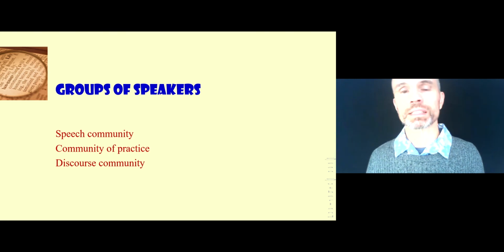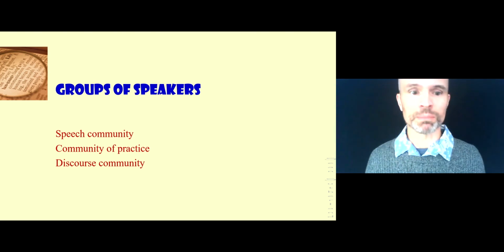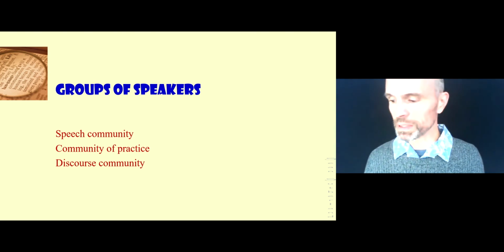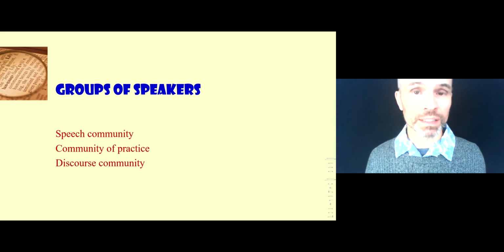As you know from your specific reading for this week, there are various terms that are used to name groups of people according to certain characteristics, as you see here on the screen: speech community, community of practice, and discourse community. Let's summarize these briefly, but of course you'll want to do the reading that's been recommended and do further reading in order to provide descriptions of these concepts for your first assessment for this module.